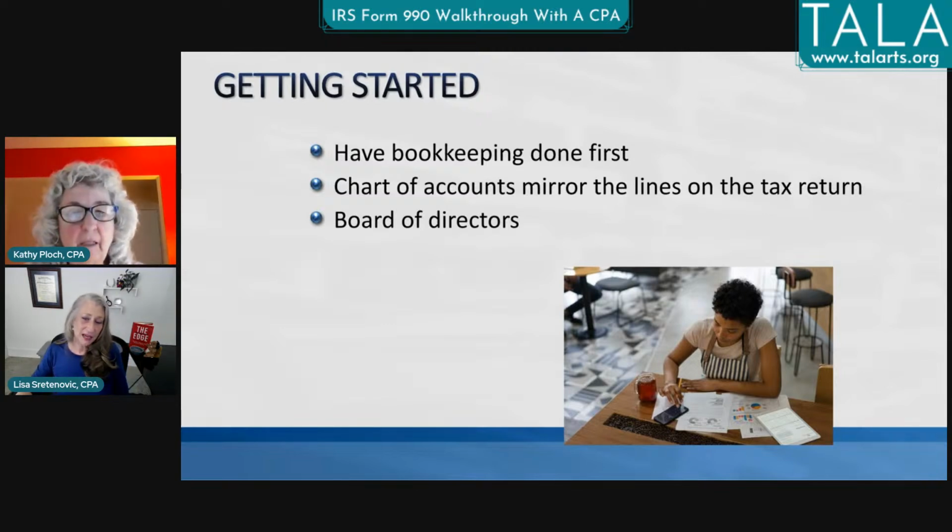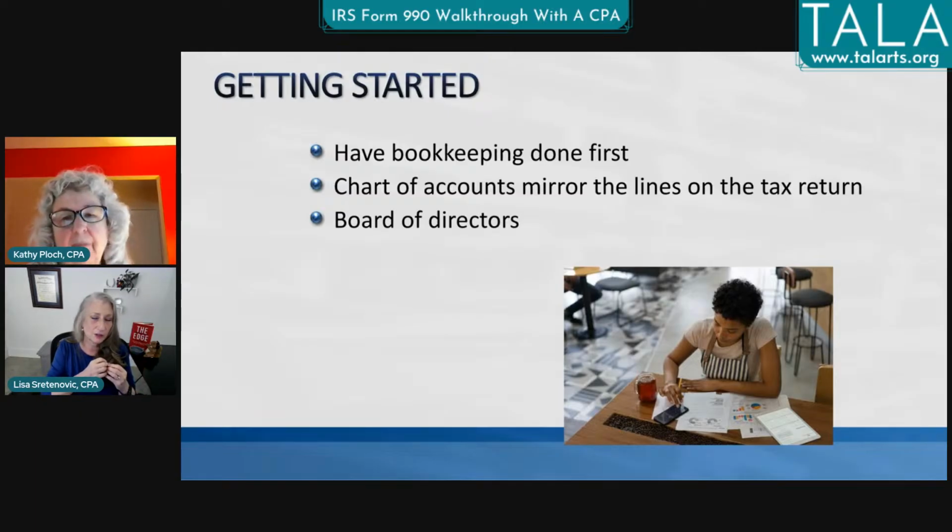I really do think it's absolutely necessary, however big your organization is, in order to get that transparency. You need to have better bookkeeping than you can do in Excel for a nonprofit organization. So having QuickBooks is absolutely required, in my opinion. If you're going to have a nonprofit organization, you must have this.